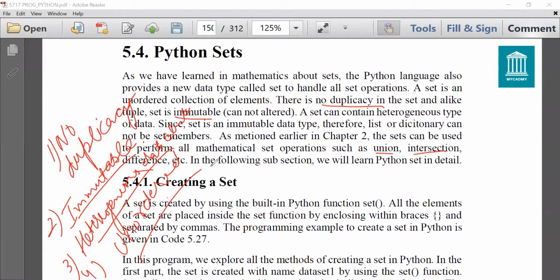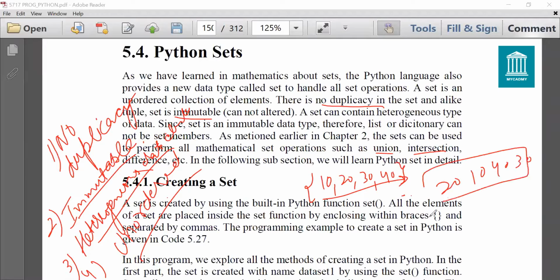Means if you have given value in this order 10, 20, 30, 40, then it doesn't mean the output will be in this order only. The output can be 20, 10, 40, 30. So they are unordered. So indexing cannot be applied on sets.